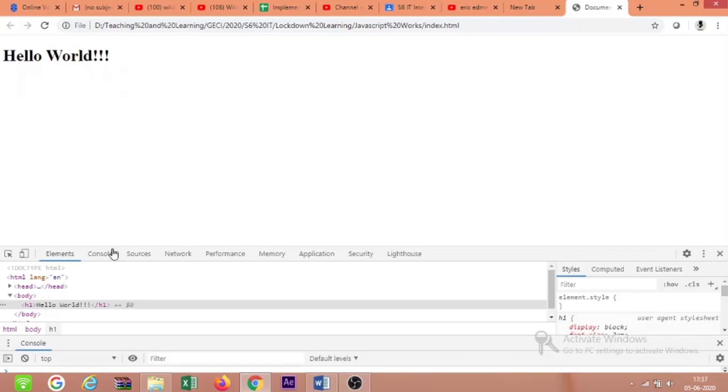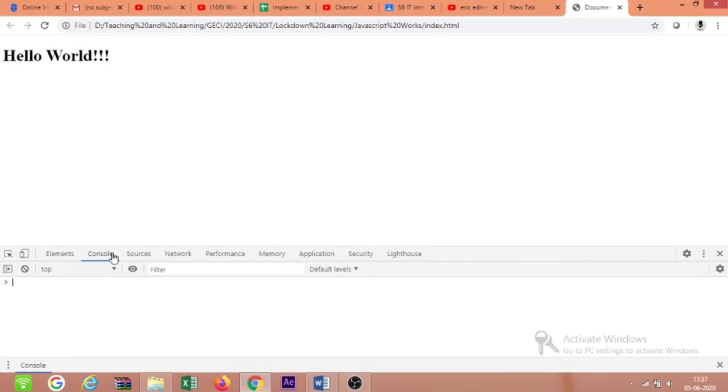So our focus is on writing JavaScript code, so we will take this console and I will write our first code. That is, I will type something like this: alert hello world. Okay, when I press enter, this hello world message is prompted. So that is an alert. Alert is a method available in JavaScript which shows a prompted message. So it is displayed like this.